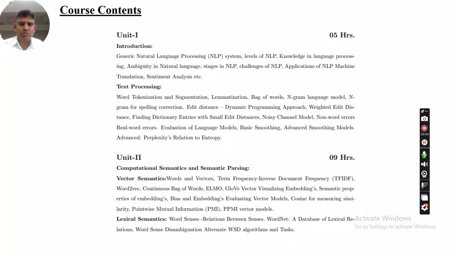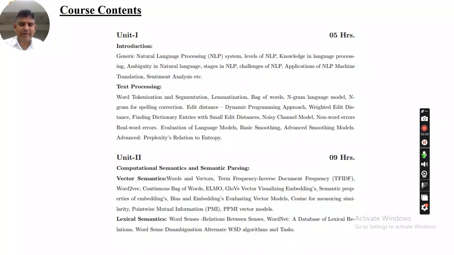Then unit number 2 is about computational semantics and semantic parsing, wherein we will learn vector semantics, which talks about the TF-IDF matrix, then advanced vectorization techniques like word2vec, continuous bag of words, global vector methods, then PMI